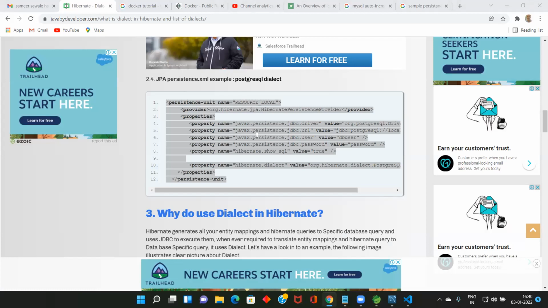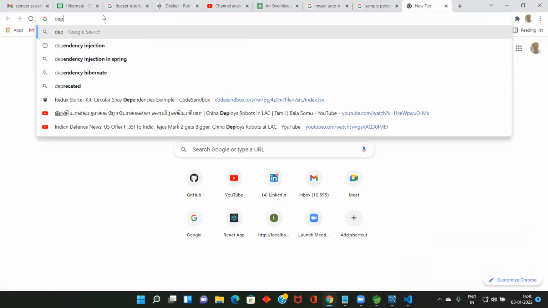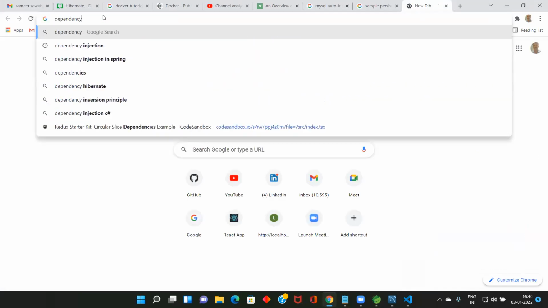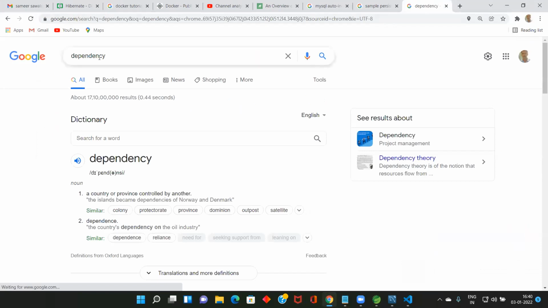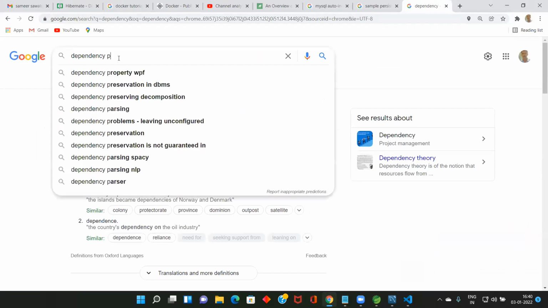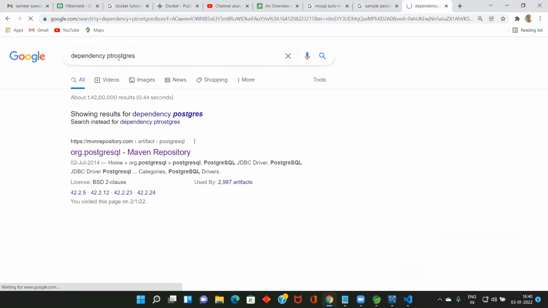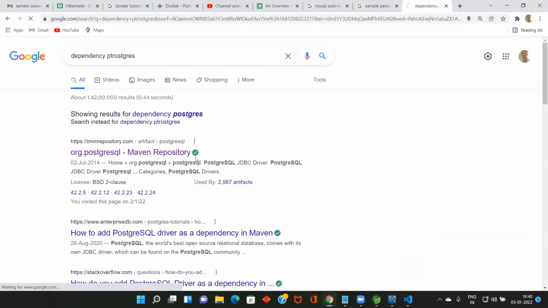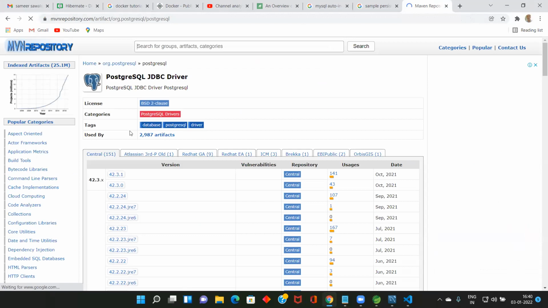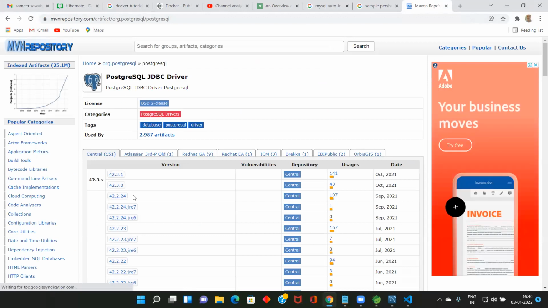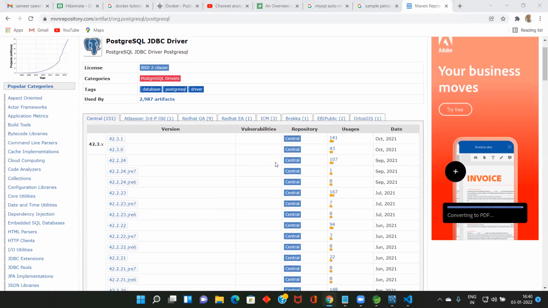Sample, you can have the sample and dependency. If you go and type dependency Postgres, Maven dependency, see the version.